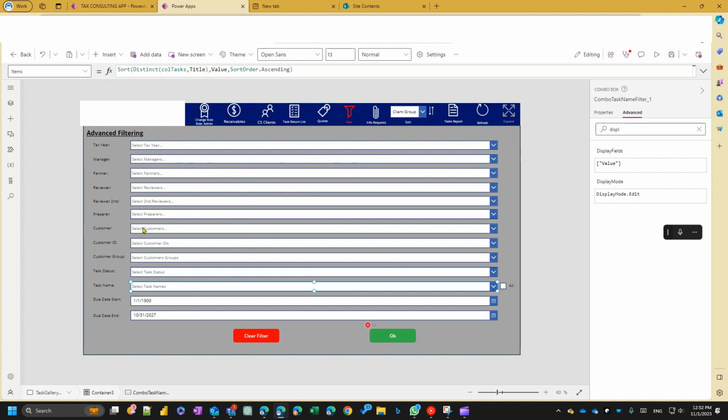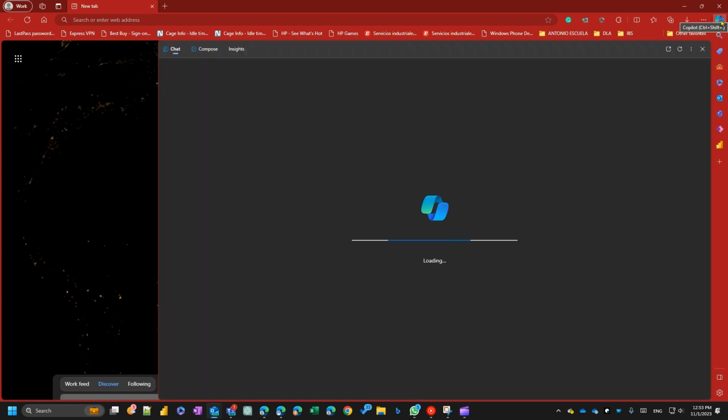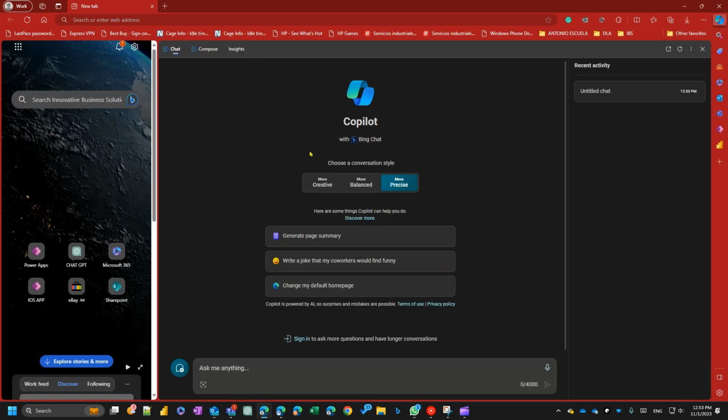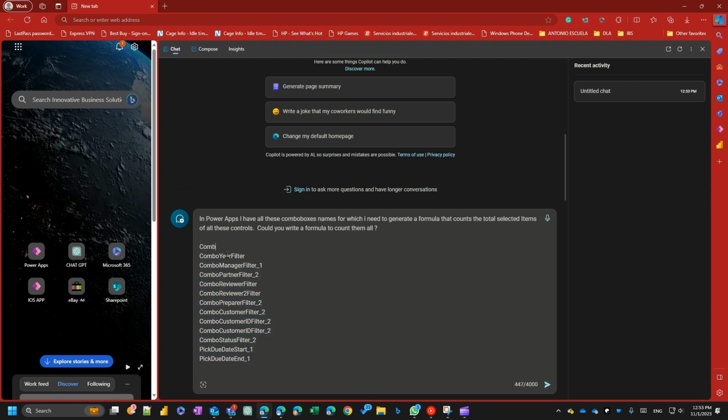So let's do this. I got all my names in there, so let me just open Microsoft Edge in a new window here. And what we're going to do is just pass a query string. So before that, we got to click on Copilot, activate this window. I'm going to select it to be precise. And what I'm going to do, I'm going to copy and paste, and I'm going to explain what I'm asking for. So I got all my combo boxes list. I'm going to say this is my combo box name